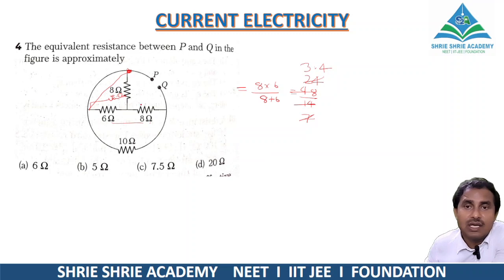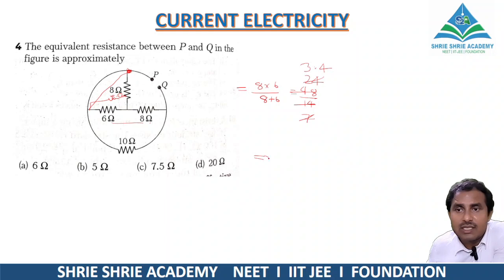So actually 3.4 plus 8. Total resistance for this line is 8 and 3.4, that you get 11.4,